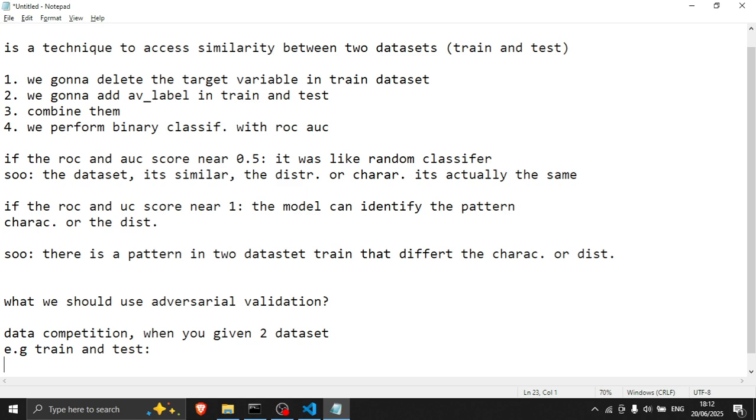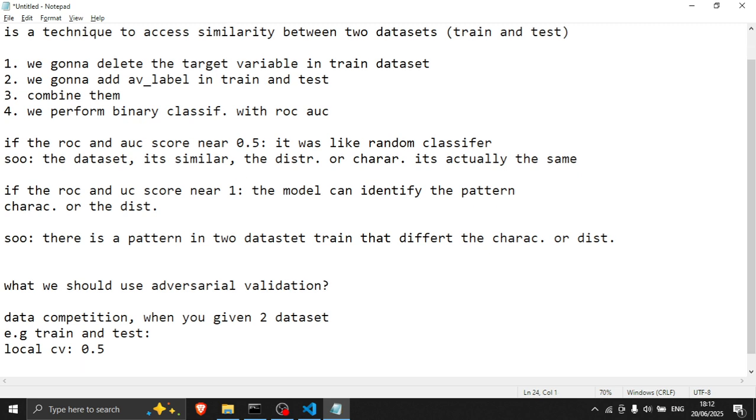For example, you submit and get a local cross-validation score of 0.5 and the public score dropped to 0.3, for example.